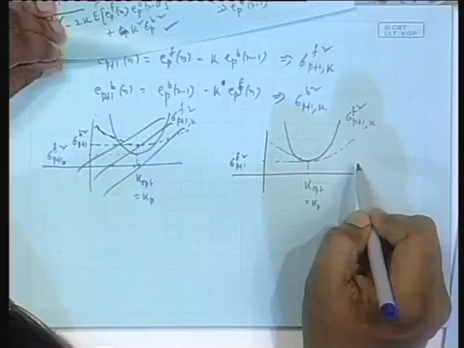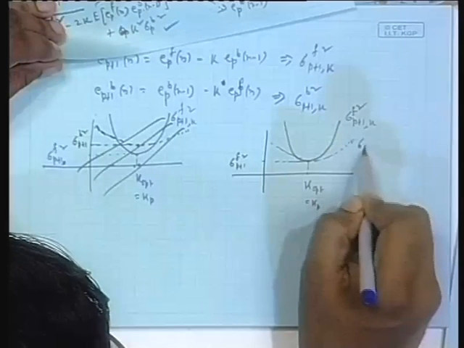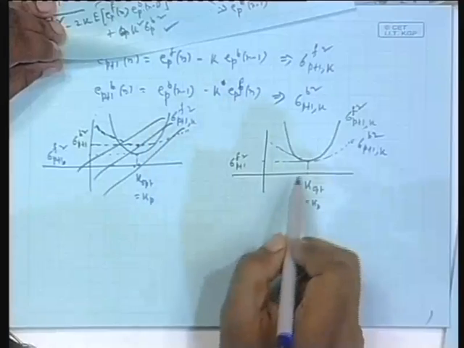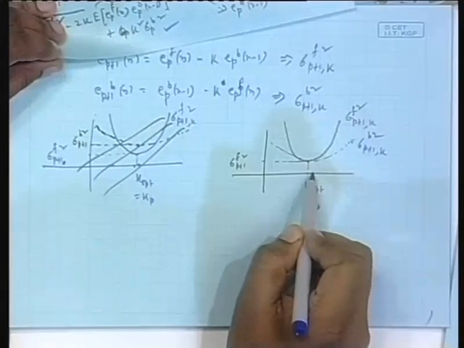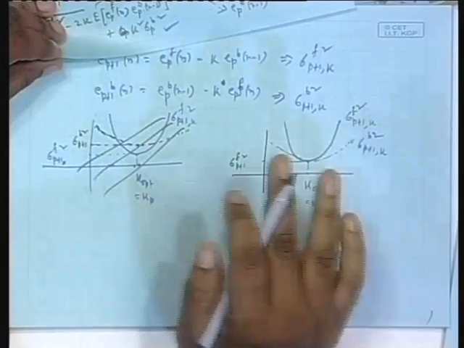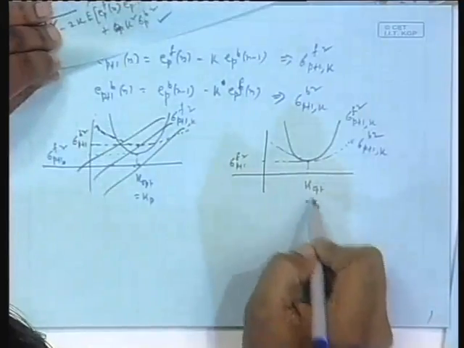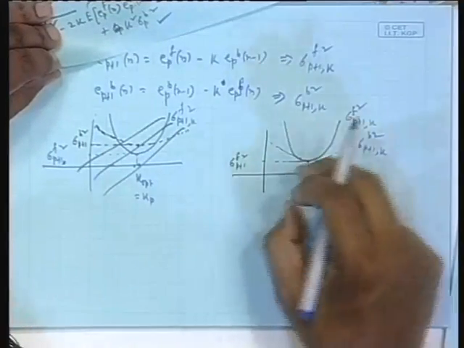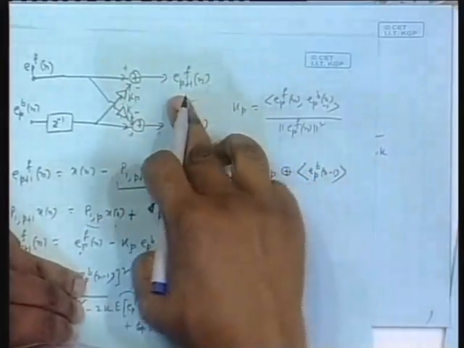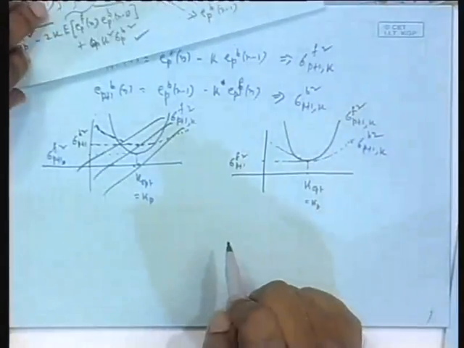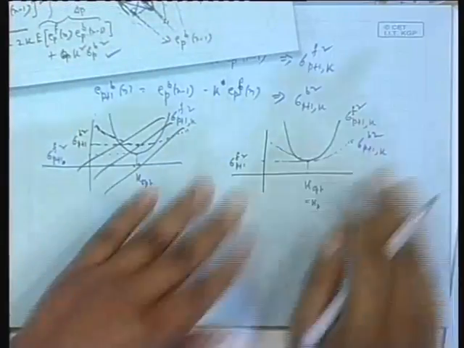The other one could be like this, sigma p plus 1 k b square. Both are quadratic, and both have the minimum value at the same k. From the theory it appears so, because under the real case both are the same kp, and that k opt is kp. And again, what is the minimum value in this case? It is the norm square of this or the norm square of this, which are the same, we have proved. That is why it is like this. But earlier in the steepest descent case, I forgot about one.